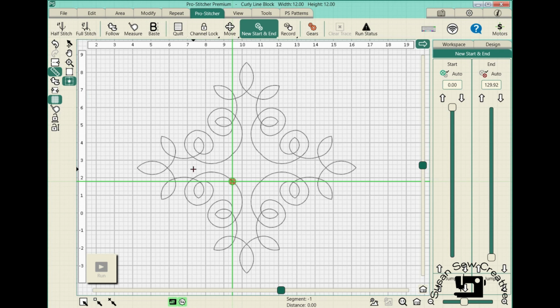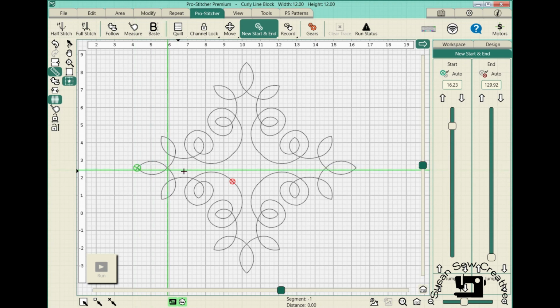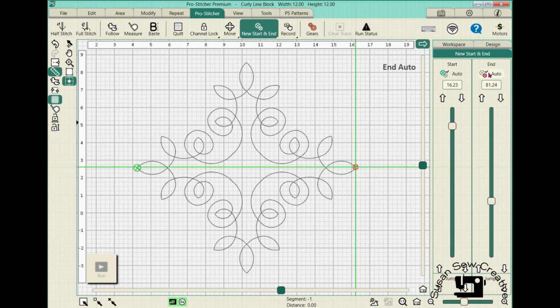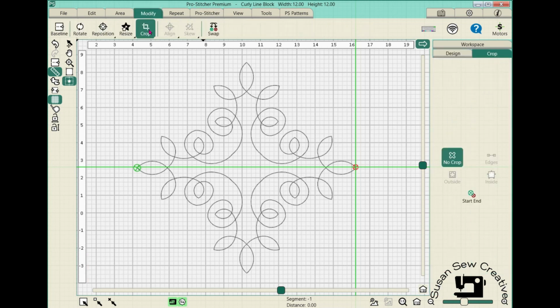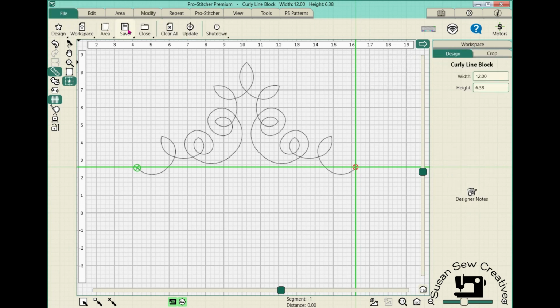I'm going to do my select because remember I'm using the simulator on my laptop. So I'm going to slide all the way over to the far left and click Auto Start over there. Pick it up, go over here, Auto End. We're going to go to Modify, Crop, and crop the start and end, and I now have a design. Go to Baseline, File, save the